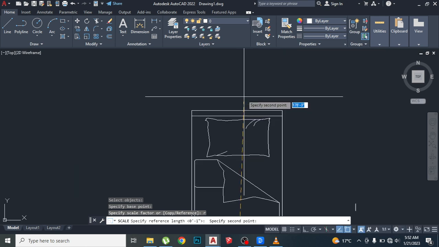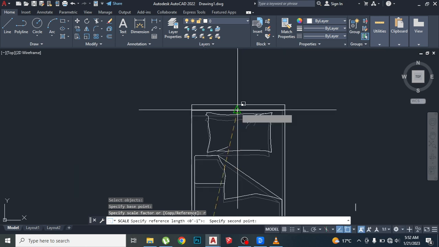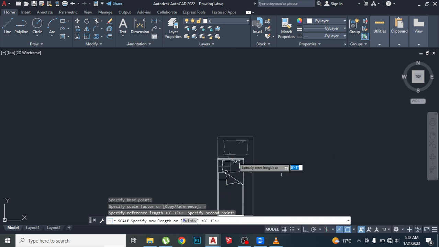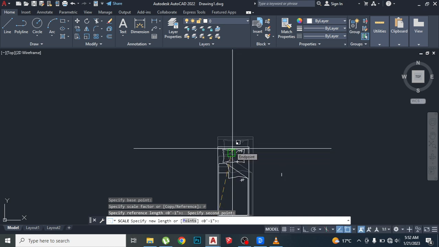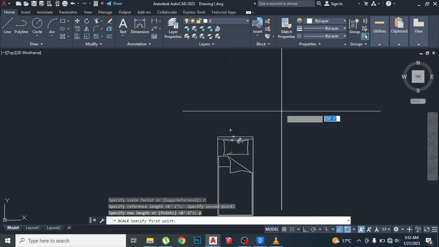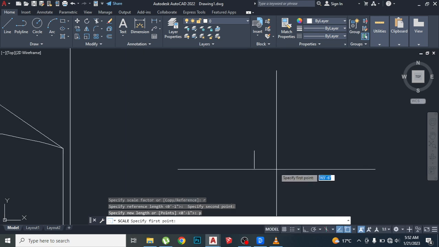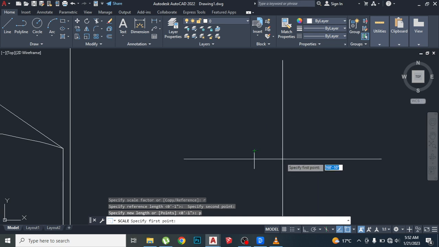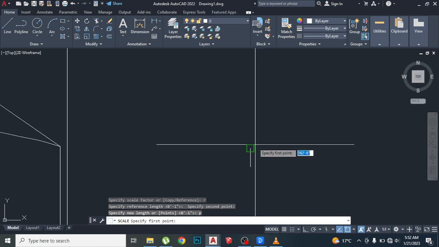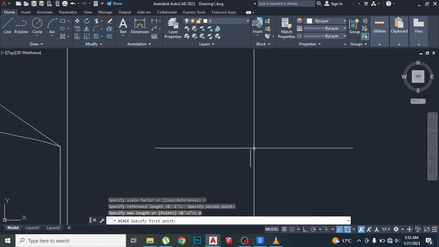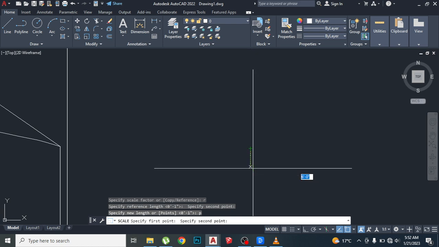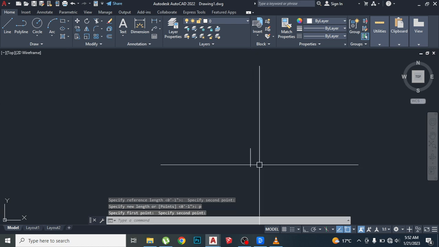Then select both ends of your object, then write P for specifying new length, and then go to this line which we had built previously, and select its both ends,